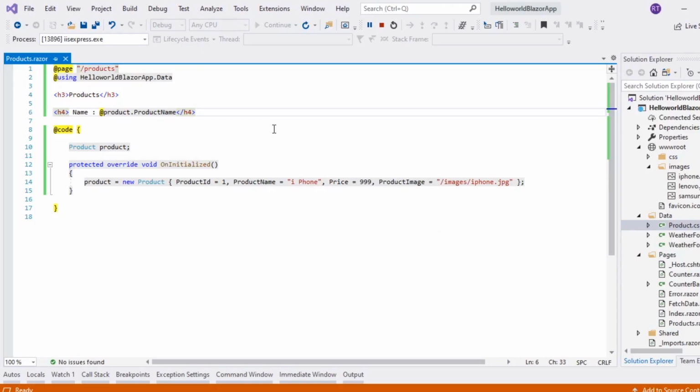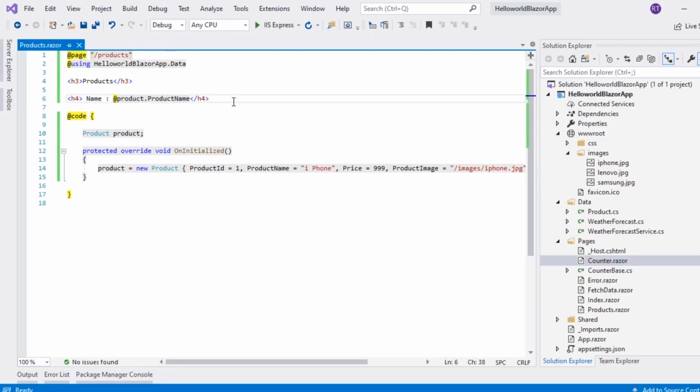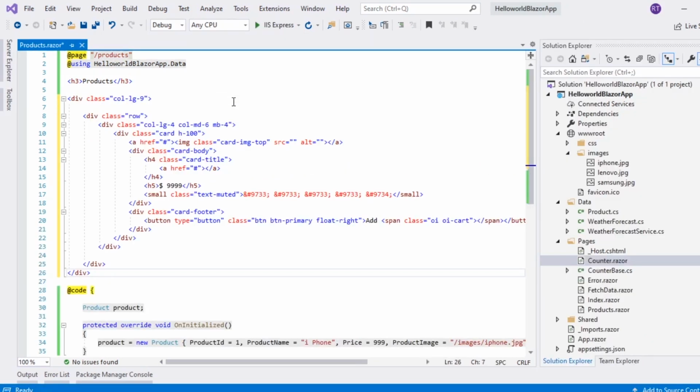Now, in order to get that view of cards, I'll grab some Bootstrap template for cards. I'll remove this and paste the basic HTML for the cards. This is a basic Bootstrap template wherein you have an image tag, and the card body has a header, an h5 tag wherein you show the price, and then an add button.